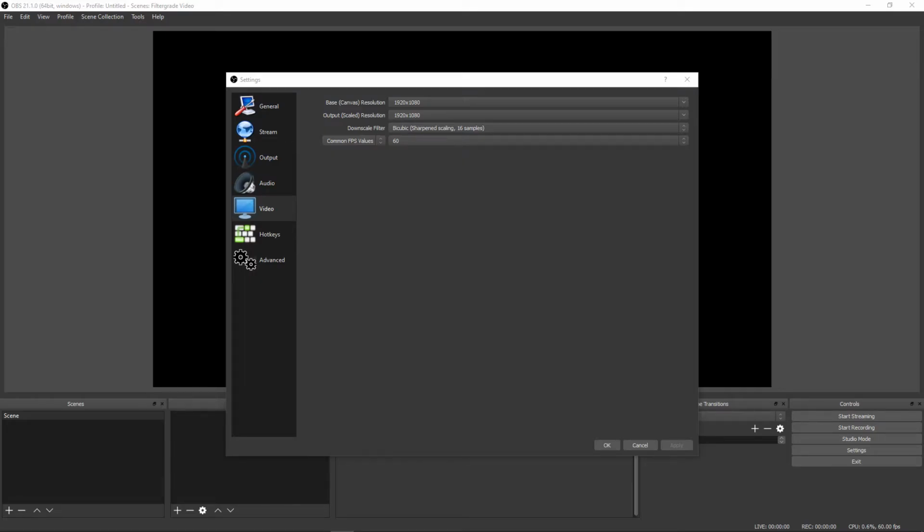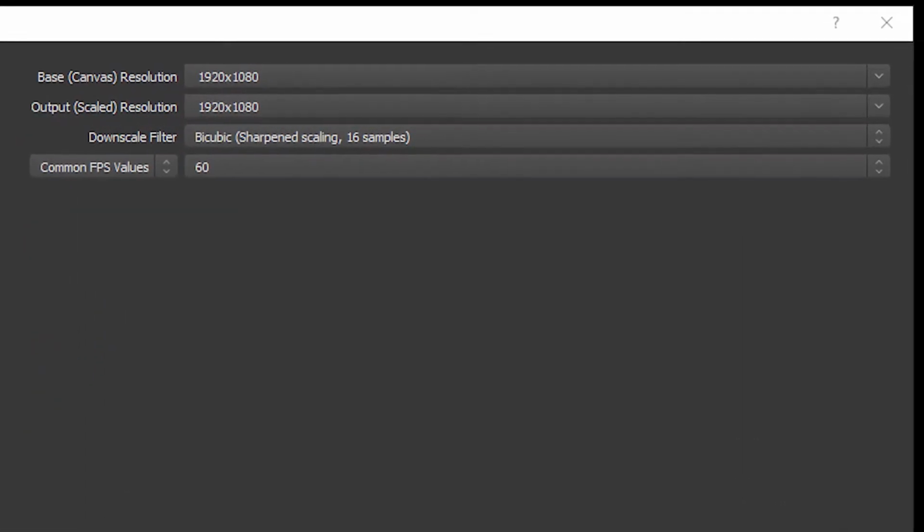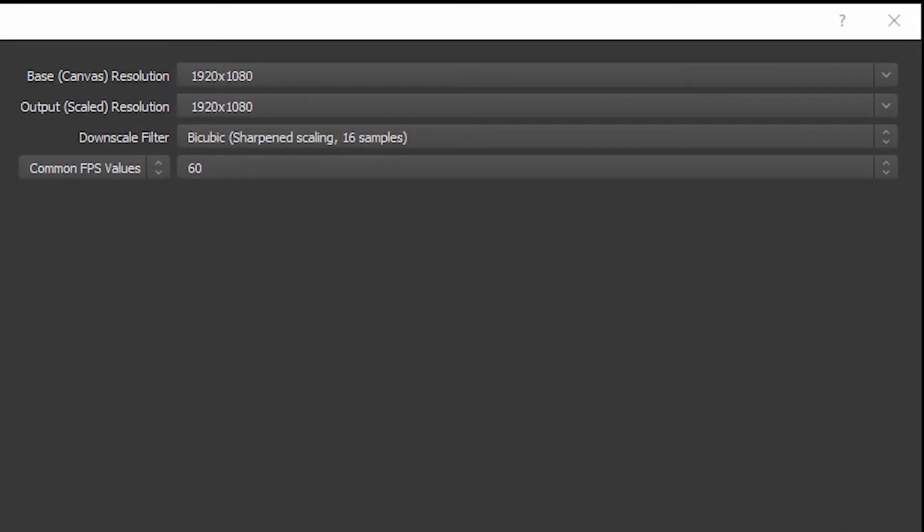If you go to the Video tab, you'll see a base resolution and an output resolution. Your base resolution is the resolution of the screen you're recording, and output is the scaled resolution if you're streaming at a lower resolution. For example, if you have a 1440p resolution monitor, you'll need to downscale to 1080p because that is what the streaming services support. That should be everything in the settings for now, so let's move on to getting the elements of our stream